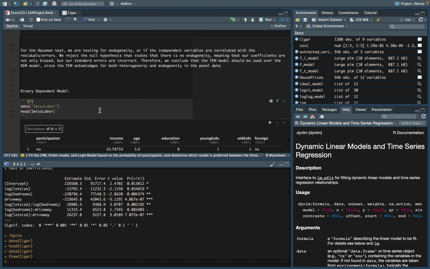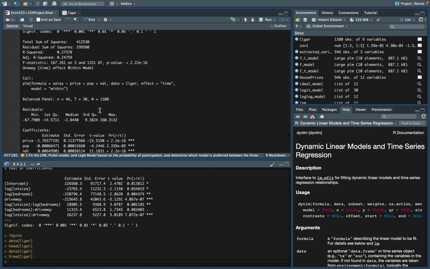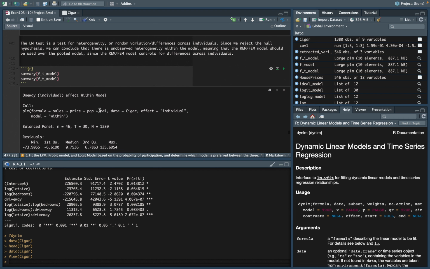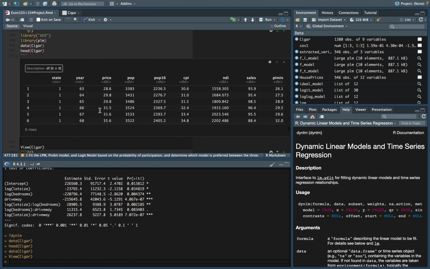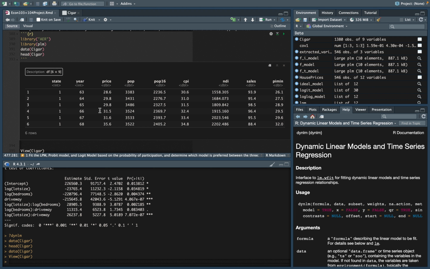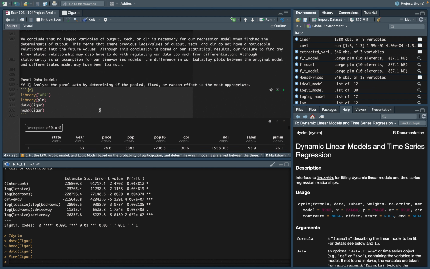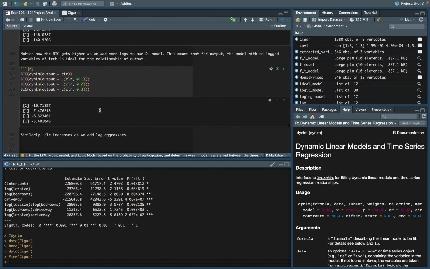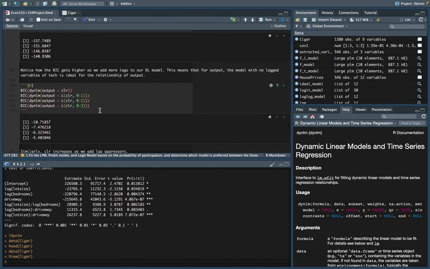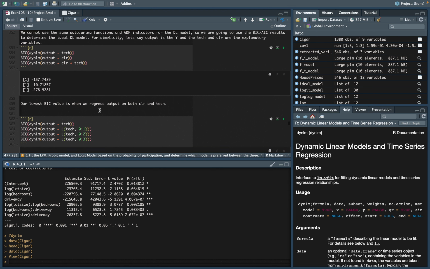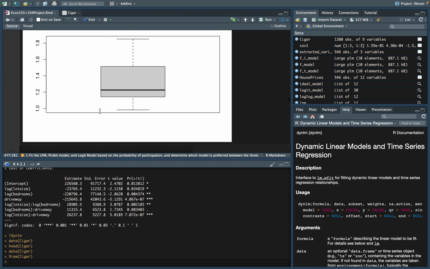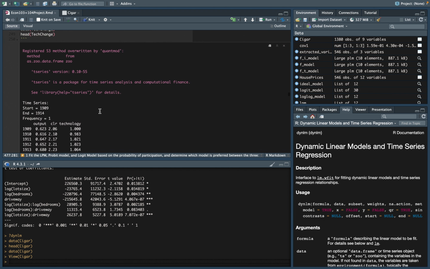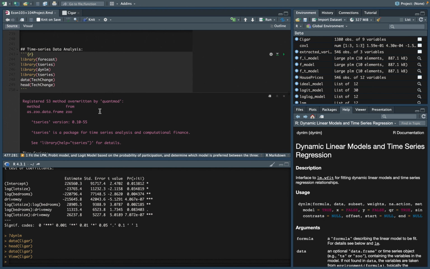We've also done some of these analyses for the fixed effect, random effect, and pooled models, and we've covered the time series models, and then just the standard regression with linear and multiple regression, and finding the ideal model using BIC and RESET tests and interaction variables. So that is it for my review of this